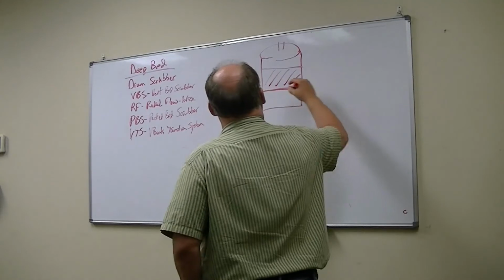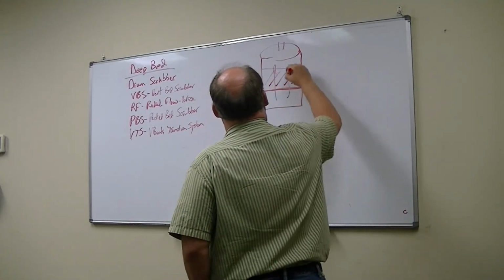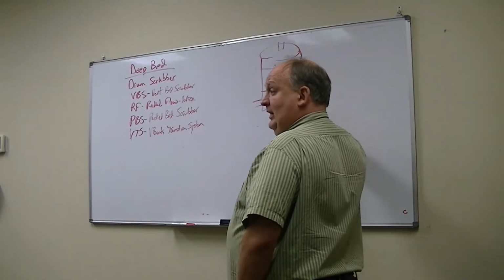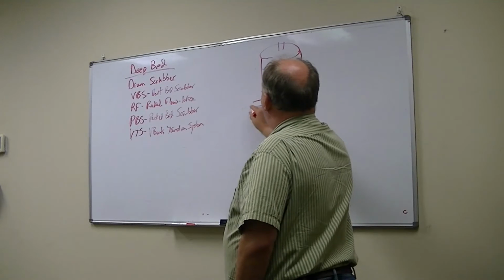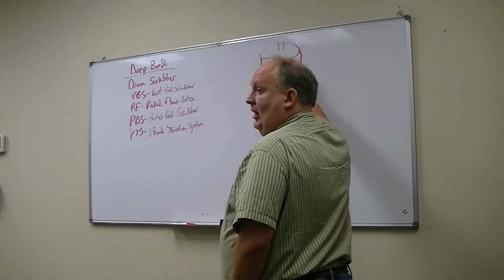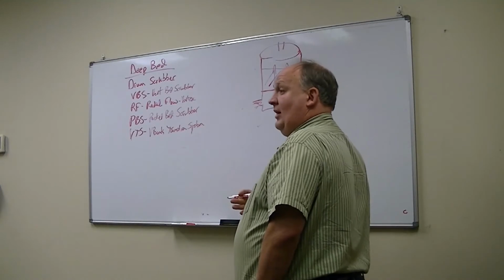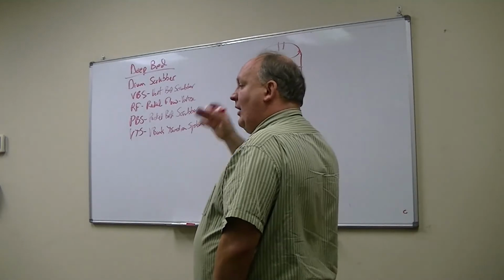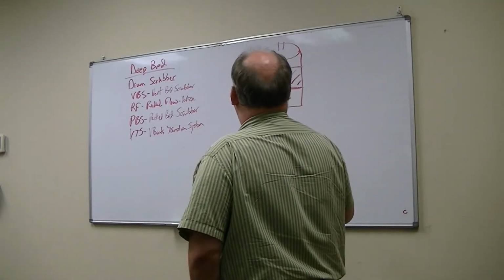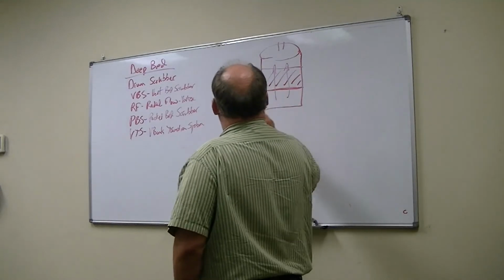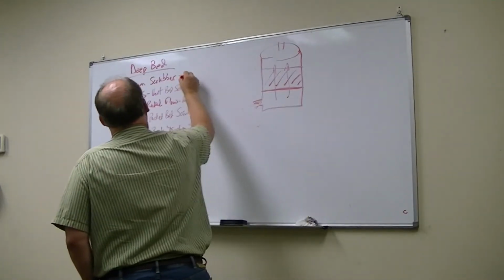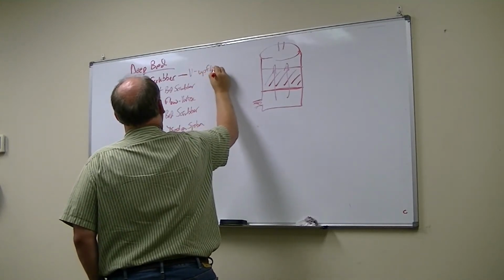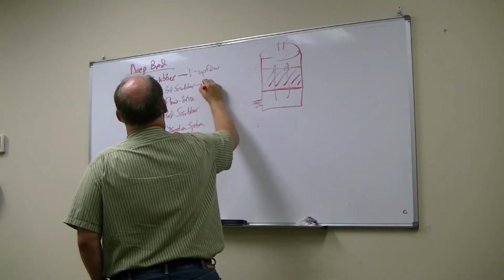So this is called a vertical flow because the air is going in a vertical direction, okay? Now, it's typically in an up direction. The air comes in the bottom and out the top. But it's not always that way. I'll mention to you, it's typically in an up direction, but we'll discuss why we might go in a down direction in some cases. But let's just talk about this. So the drum scrubber is a vertical upflow design, and the VBS is a vertical